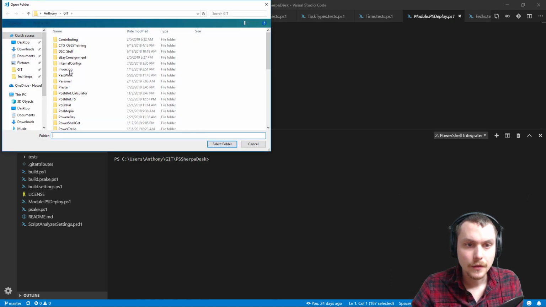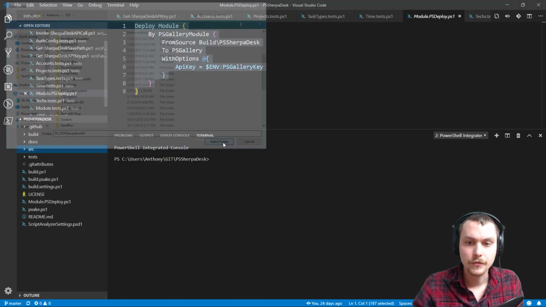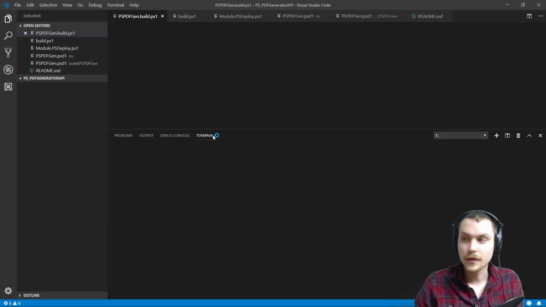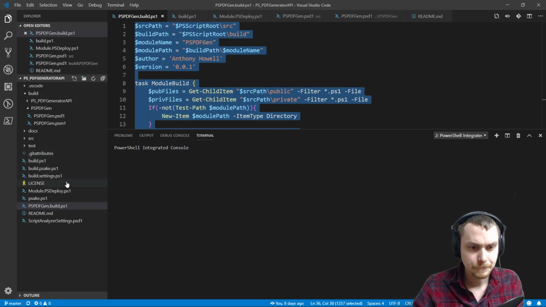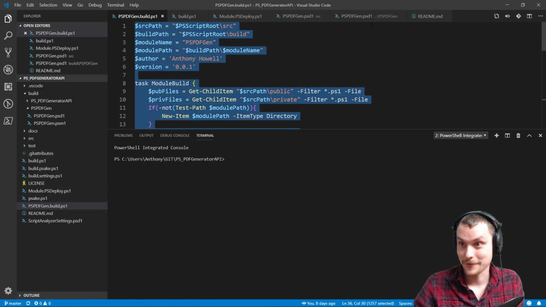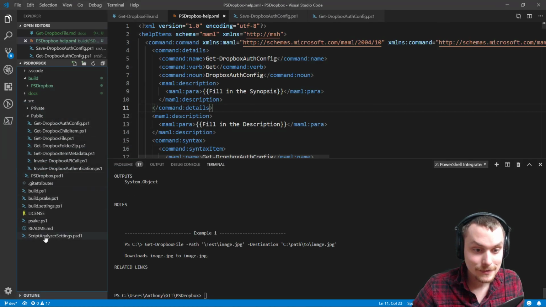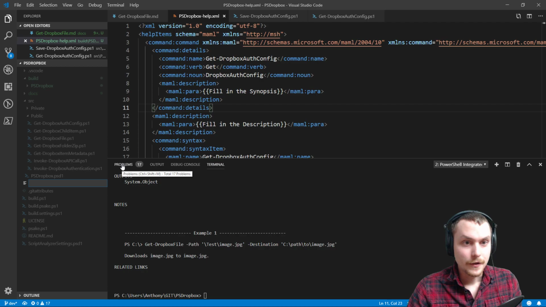Okay. Oh, there we go. PDF generator API is where I did it. So using InvokeBuild, I'm going to build the external help as well. But I didn't want to start from scratch, so I'm just going to copy this from another module I did and use that. So new file. I'm in ps